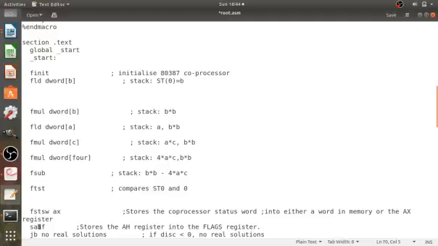Then SAHF: this instruction stores the AH register into the flags register. So whatever flag register we have, the value of the AH register will be stored in it.